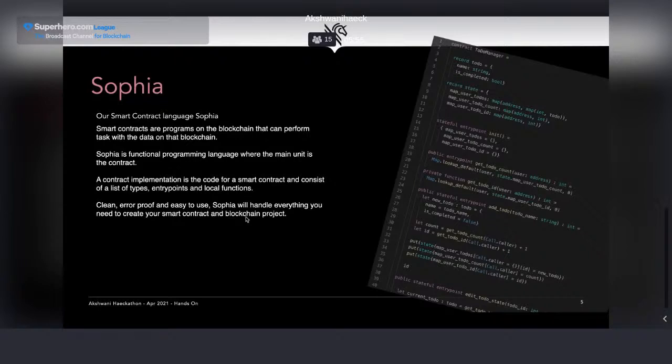It's the language we are going to use to build our contracts, to run on the blockchain, to work with the data we have, to do all the different functions we need, all the logic we need on the blockchain. Also to use our oracles, of course. And Sophia is a functional programming language. So if you know something about functional programming and how it works, it's going to be super easy. If you don't, you will need to understand a little bit of the logic of functional programming, but you will see that it's pretty easy.